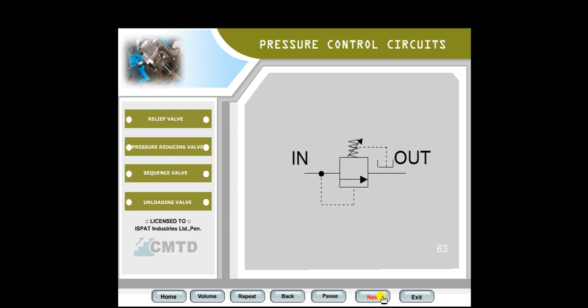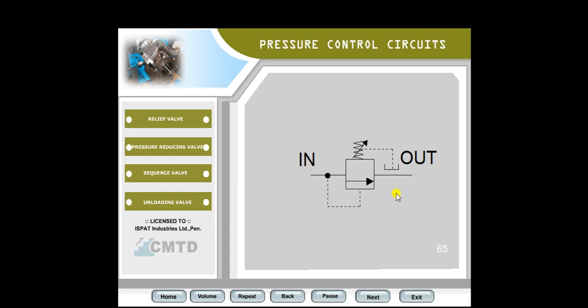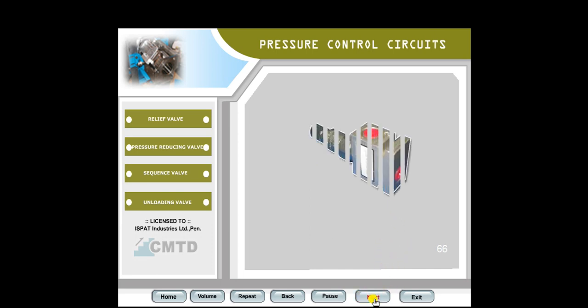Internal leakage oil is drained to the tank. When the inlet pressure is higher than the set value of the sequence valve, this pressure actuates the valve. Hence, oil goes to the second cylinder through the outlet.